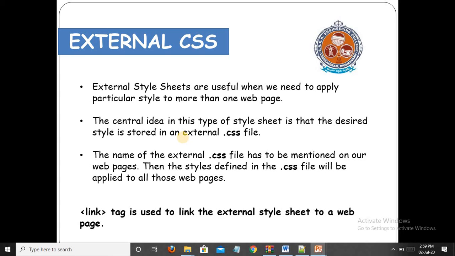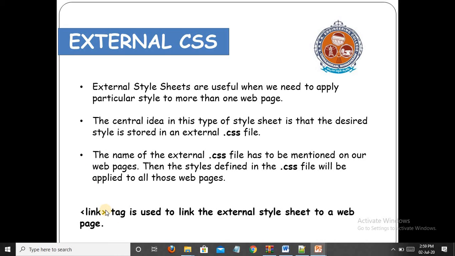If there are 100 web pages, just use that CSS file with the link tag. With the link tag, we are going to use the CSS file. So the name of the external .css file has to be mentioned in our web pages using this link tag.